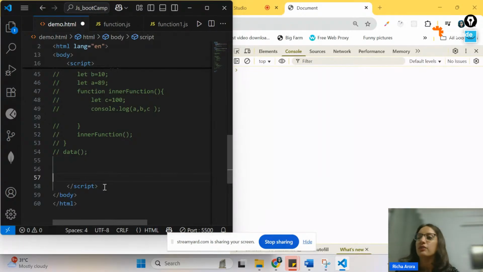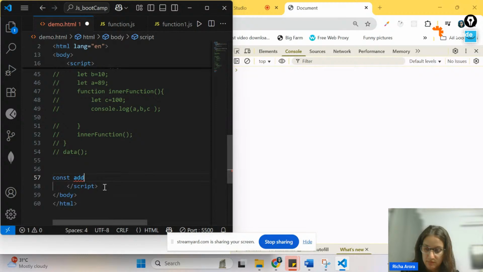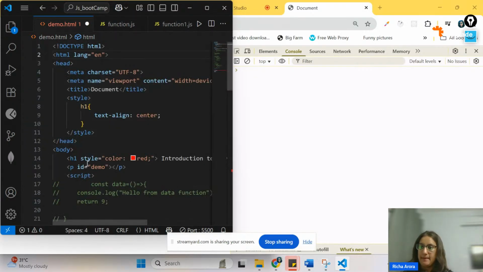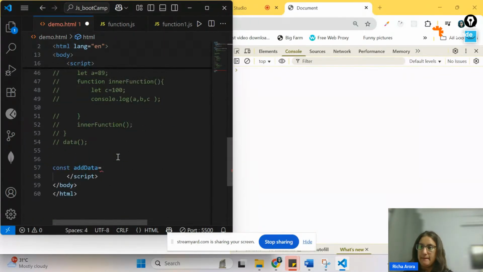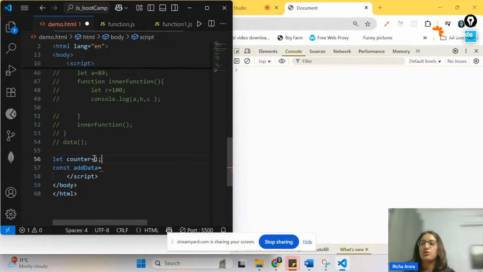All right, now what we have to do, let's say I'm going to write here const addData is equal to. Now what you can do, you can come here and then you can write some more variables here. All right, fine. So let's say I'm taking one variable, let counter is equal to 1. Okay, then after that what I'm going to do, I'm going to write here, let's say